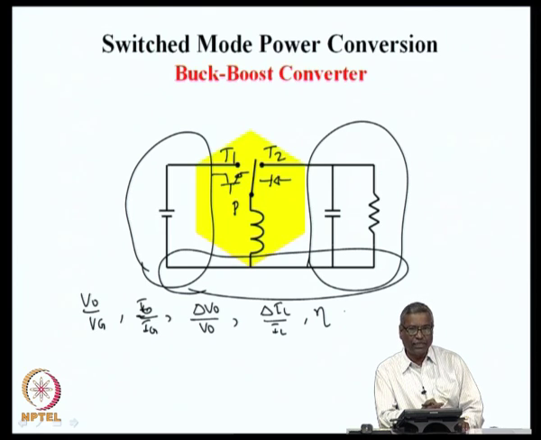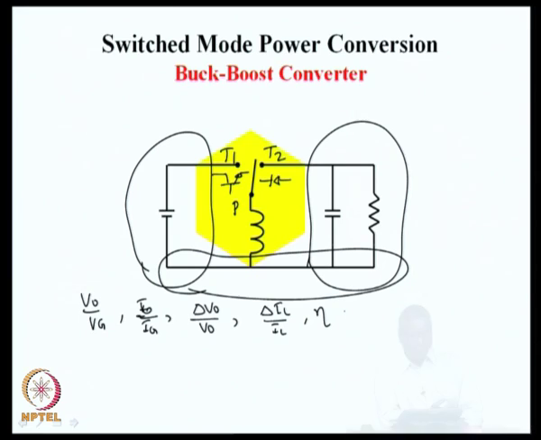So, what we will see in the following lecture will be to follow again the same kind of methods, the volt second balance for finding out the voltage conversion ratio, current averaging for finding out the current conversion ratio, the balance, the